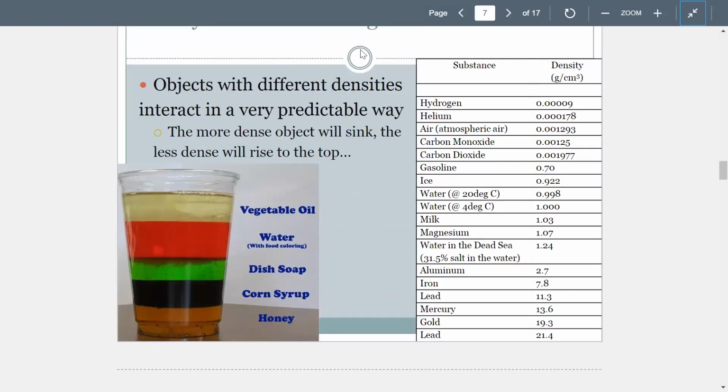So this talks about how if every object has different densities, what happens when those objects interact with each other, especially when they're fluids. All right, now I want you to understand that if you put a piece of wood and a piece of metal on top of each other, if the metal's sitting on top of the wood, it's not going to sink through the wood. I mean, it might press down on the wood, it might even bend the wood a little bit, and if it's maybe balsa wood, it might break the wood,